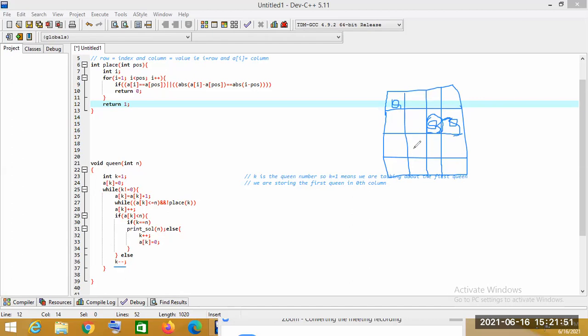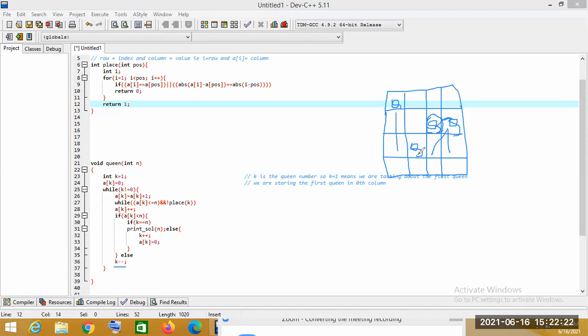In this position we can place our third queen, because this is the diagonal of this queen, and this is the same column, and this is the same column. But in this position, if we place the queen, they will not attack each other. So we have put the third queen in the second position.